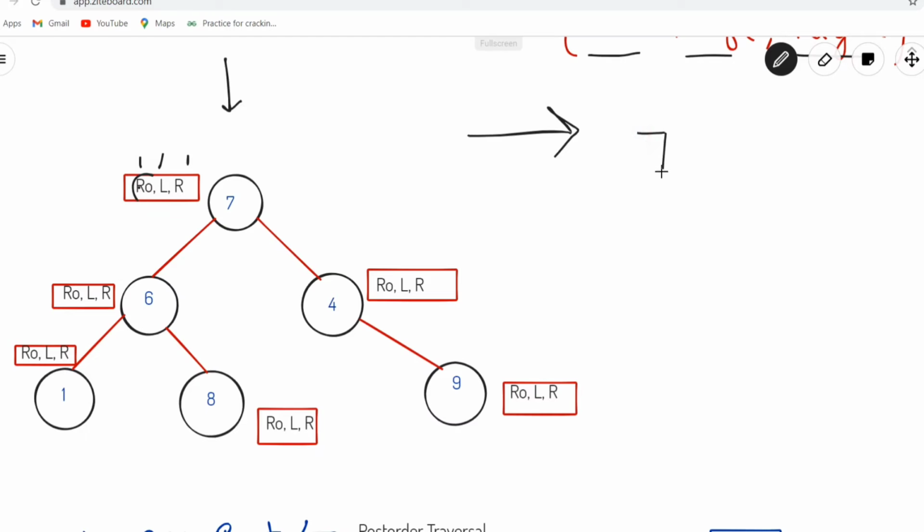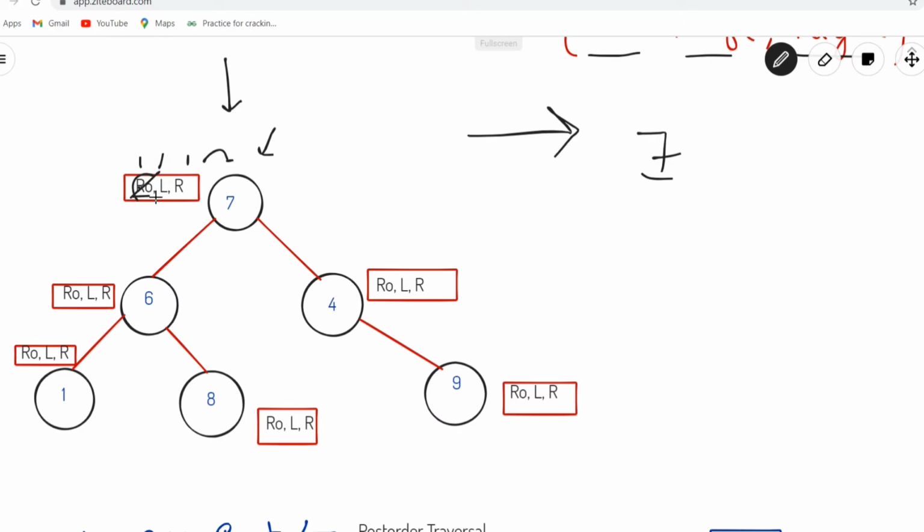We'll be printing the root node's value. The moment we encounter the operation root, we are going to print the value of the node on which we are currently standing. We'll be starting our pre-order traversal from the root node. So this is a binary tree and the root node is this one. The first operation we need to perform is root. So the moment I encounter the root operation, I'll be printing the node's value. The node has value 7 and therefore I'll be printing 7. So I have completed this root operation.